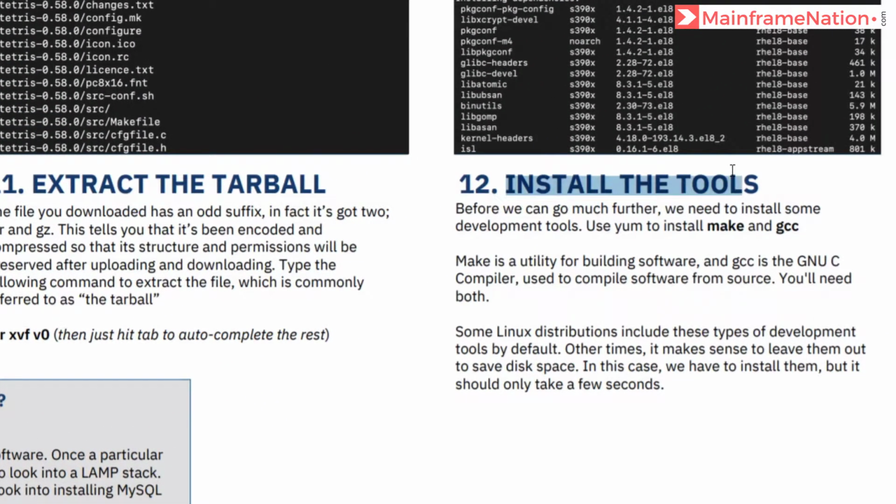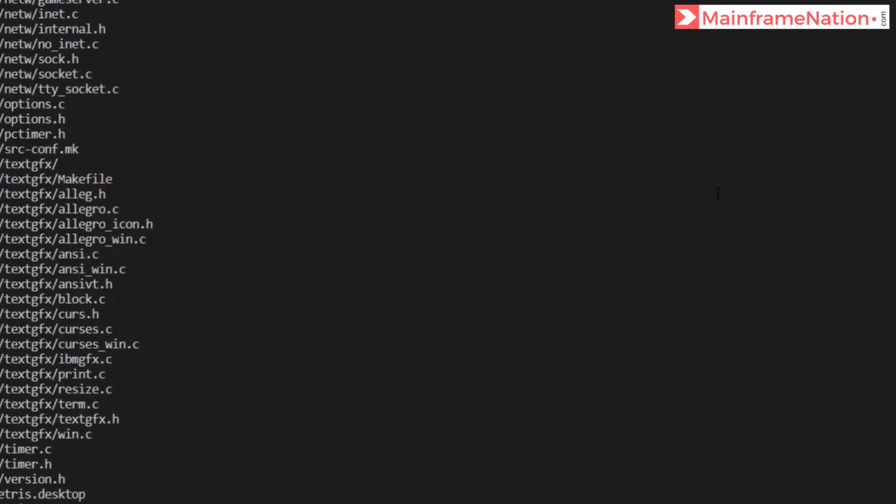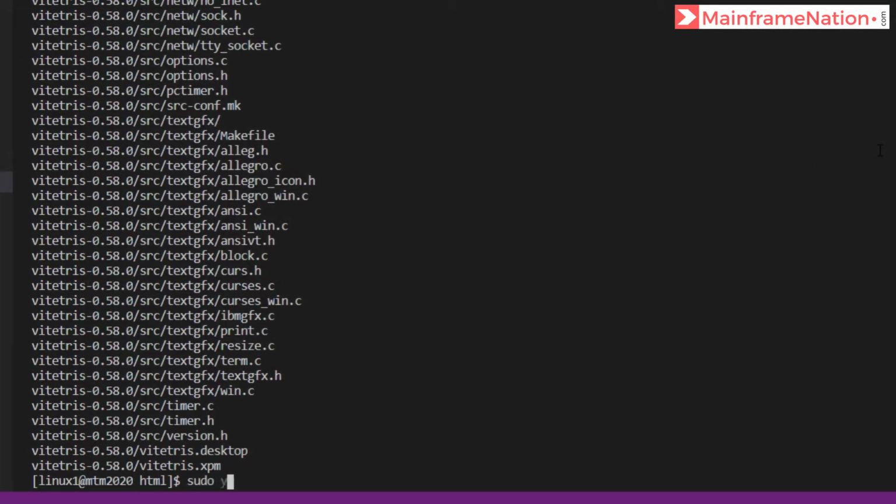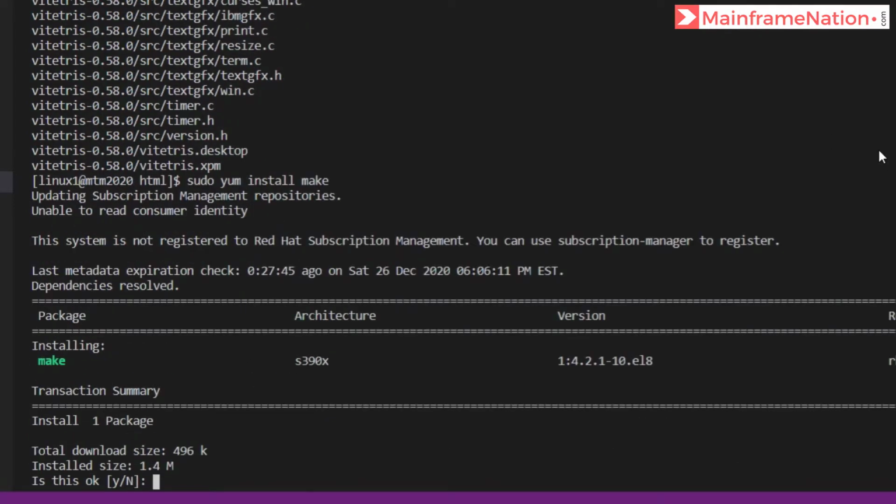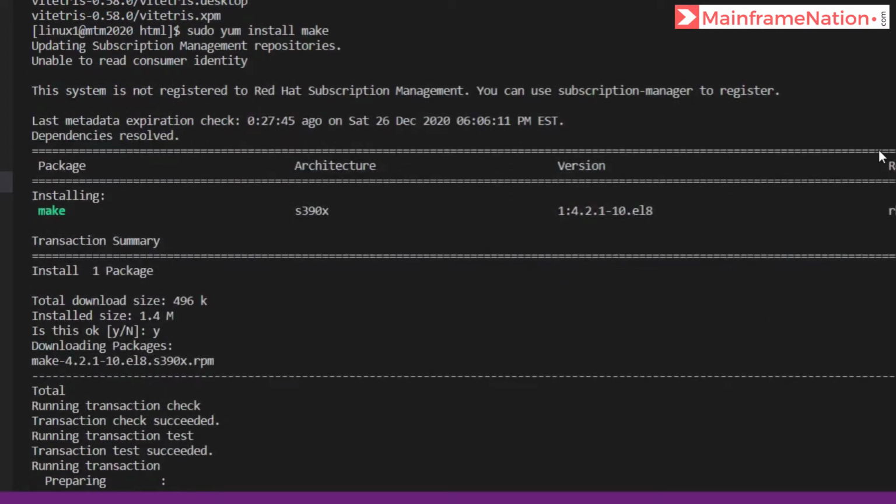Step 12 is to install the tools. Use yum to install make and GCC. Make is used for building software and GCC is a C compiler. So let's install both of them by using yum. Give here sudo yum install make. Is this okay? Yes.